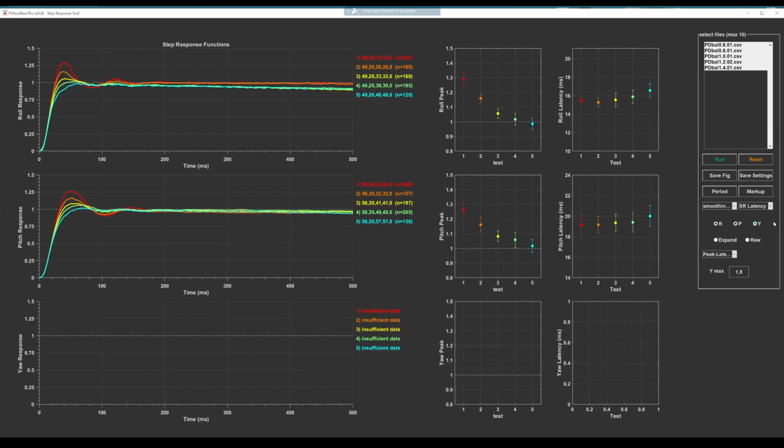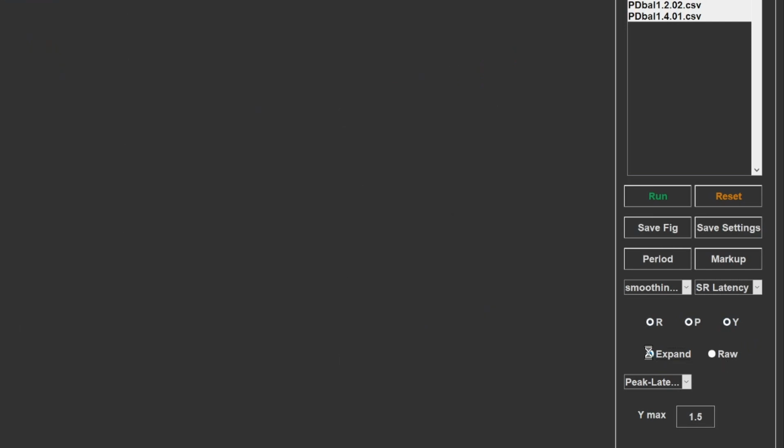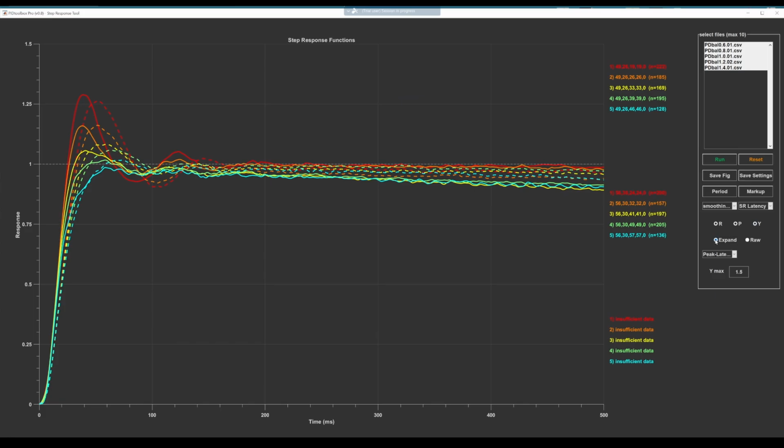In essence, one can corroborate the other in case there's variability between tests, and this can help in making a better decision about whether there's any value in pushing the master multiplier at higher and higher points. Next are the checkboxes to plot R, P, or Y, or any combination. Then there is a plot expand checkbox that makes the plot go full screen, and a raw checkbox that plots